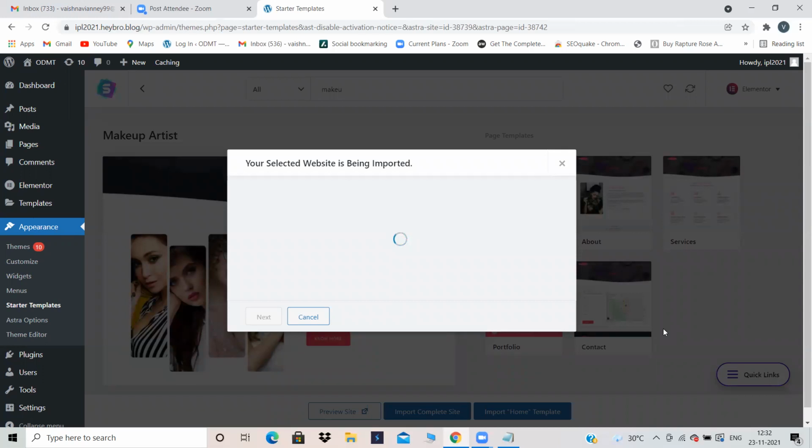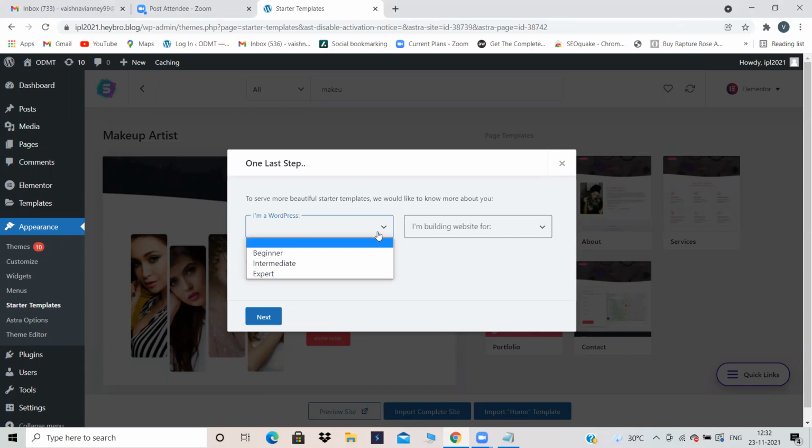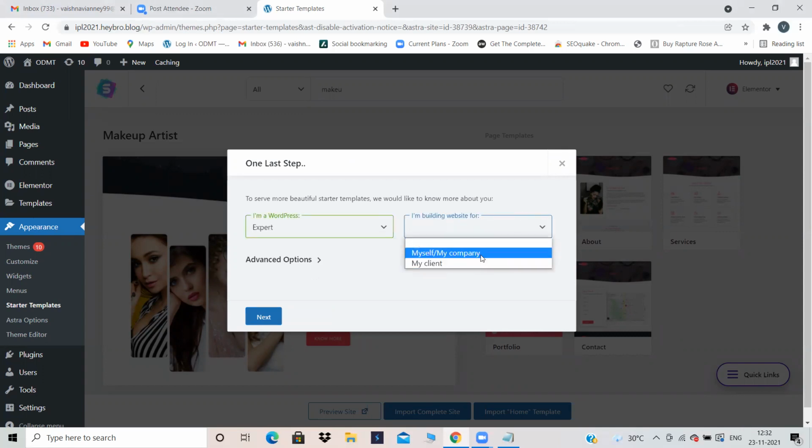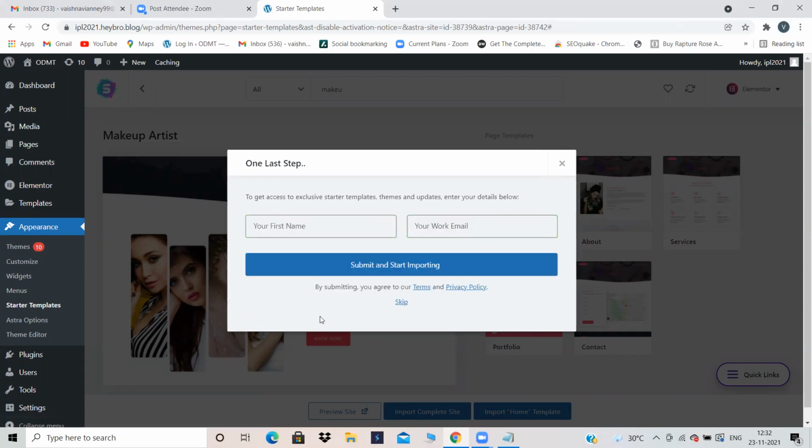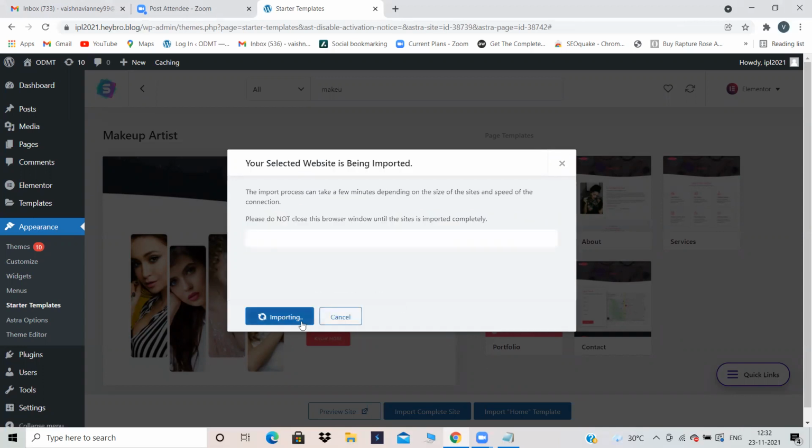Now wait for it to be imported. Okay, it has been imported. Now we will ask you a questionnaire. Just hit this option and import it.